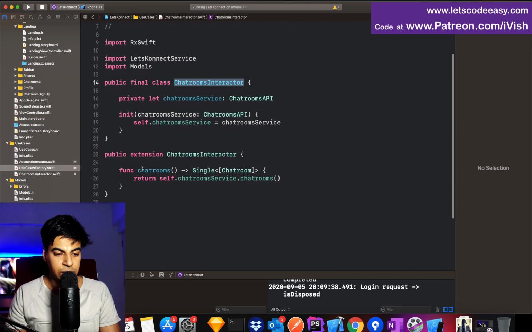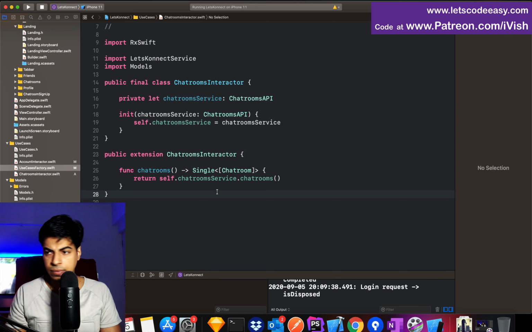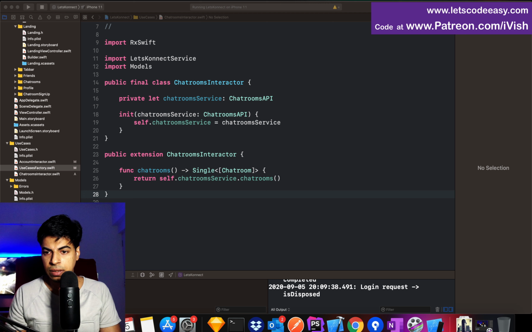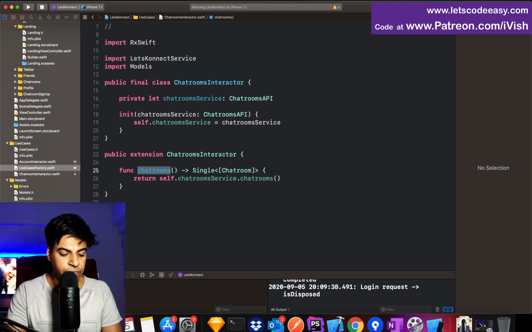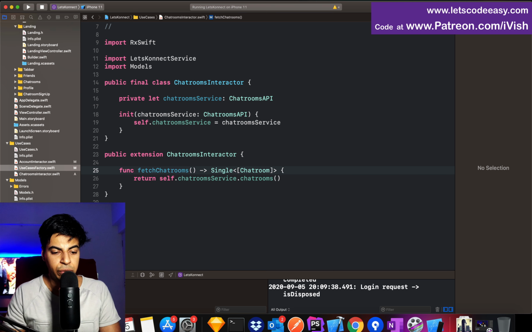Now we need to just consume this function to get all the chat rooms. Or is there a better way? I think we don't need to send it like this. There is a better way. Let me just verify. Yeah, so we don't need to send it back like that. I can just call this a function called fetch chat rooms. I'll show you a better way, and I can maybe make this completable, and then I'm going to call this to get the chat rooms,